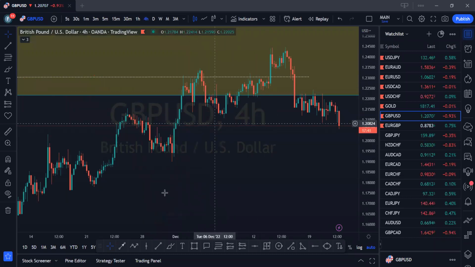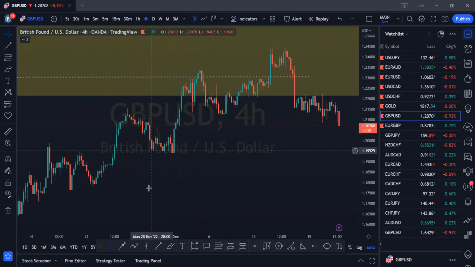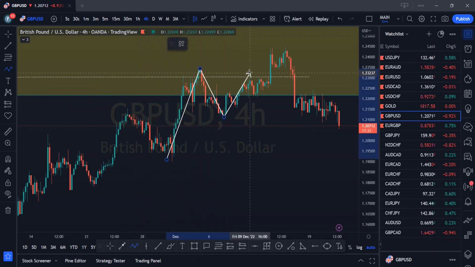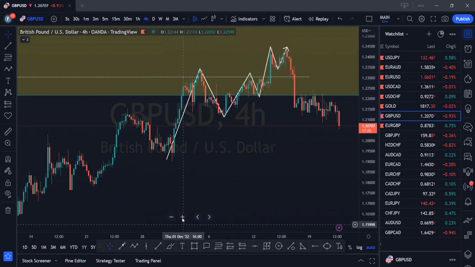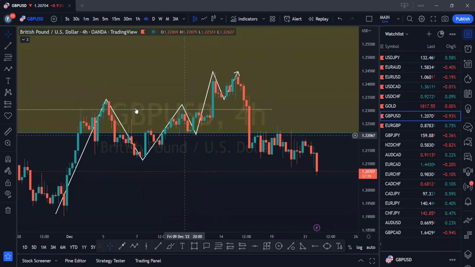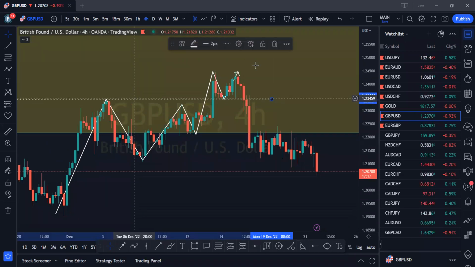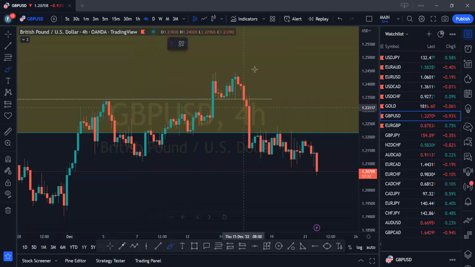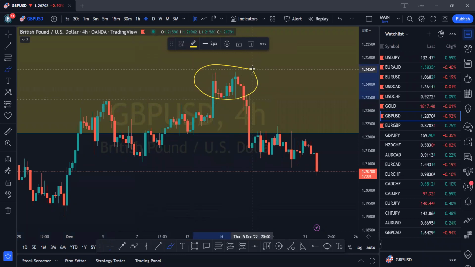So this is a structure on the 4 hours. Price has been doing this, and ultimately you have this. So for somebody that is into reversal patterns, after this liquidity grab has happened, you could have just taken entry using this M pattern here. Like I always tell us, what you need to master as a trader is